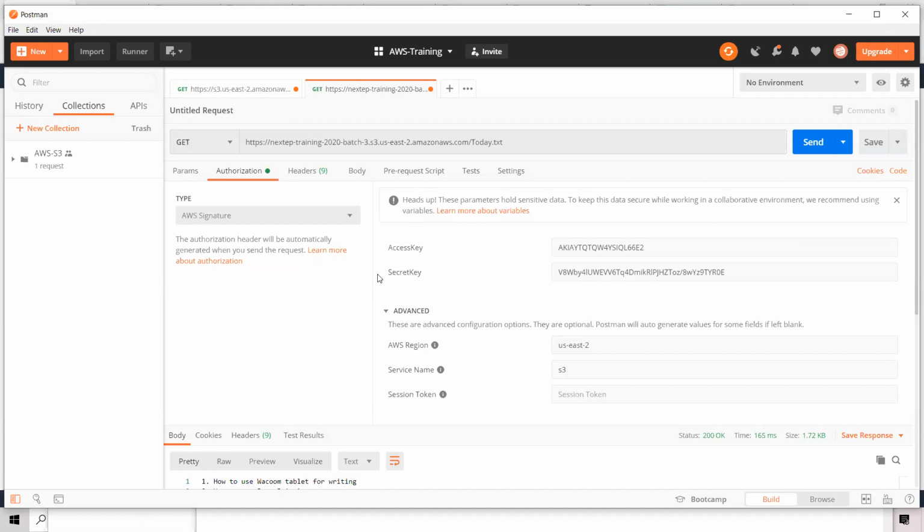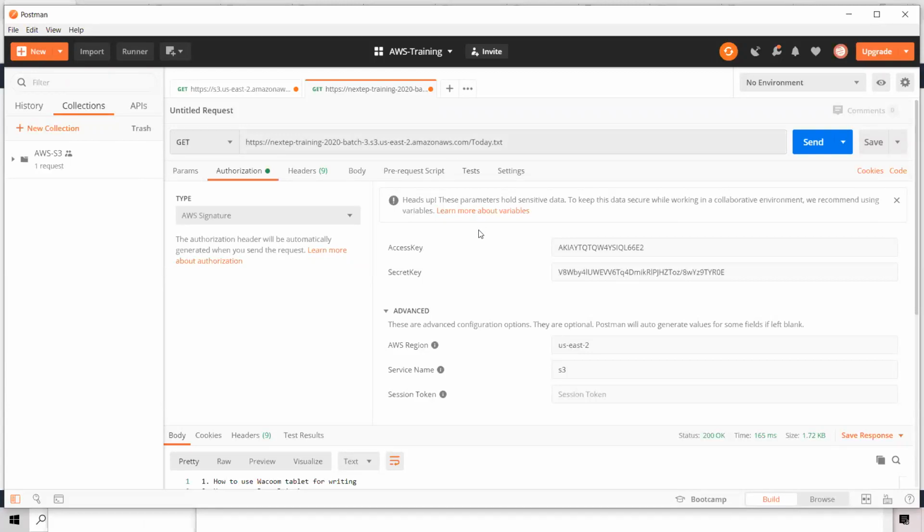And then the other side will take it. It will decrypt it, take out the access key ID and secret access key, and then see if this particular user has any credentials. So this is the HTTP GET on this particular object. This is equivalent to your S3 get object.